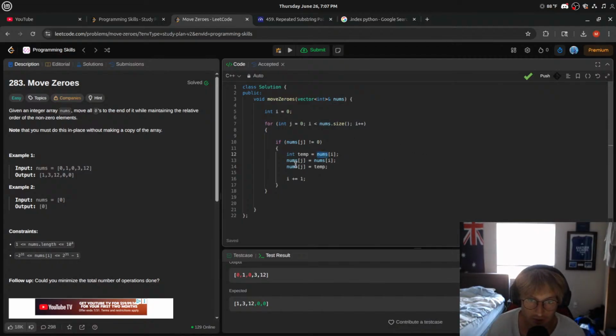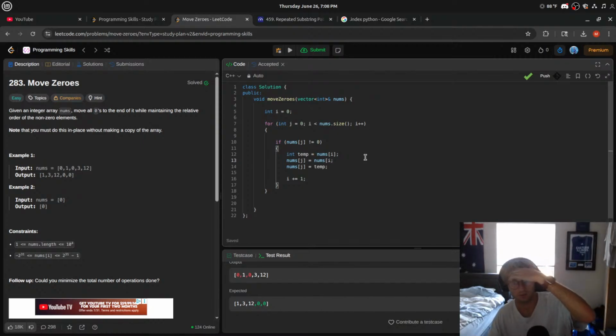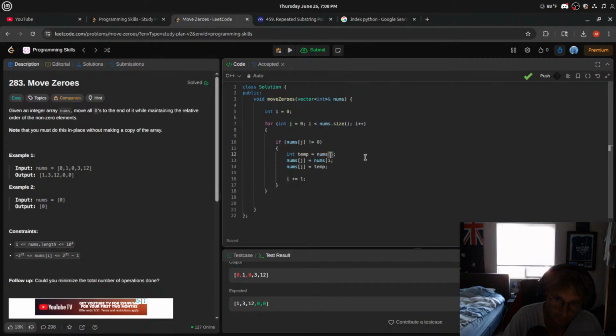Int temp is equal to nums i. Nums j is equal to nums i. Nums j. Wait, dude, holy shit, I'm confusing myself. Int temp is equal to nums i. Nums i. Nums j. Bro, confusing my own head, dude. Oh my god. What did I originally have? Nums j. And then we go